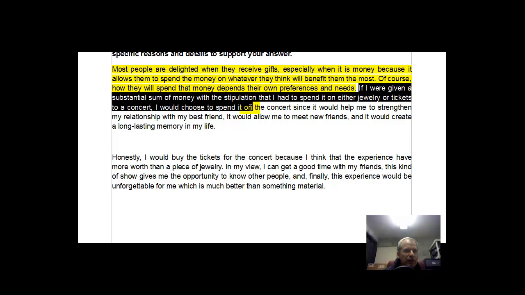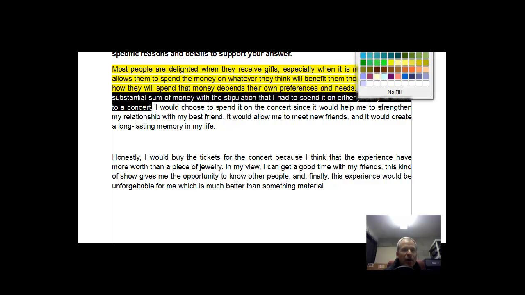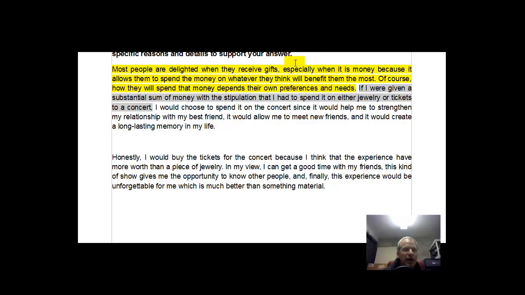So let's see what I've done here. Let me highlight this maybe a different color. So how about, let's say, I'll make it gray. So in this first part of my complex sentence here, I'm restating the actual question. It says, you received a gift of money. The money is either to buy a piece of jewelry or tickets to a concert. So I say, if I were given a substantial sum of money with the stipulation, which means requirement, with the stipulation that I had to spend it on either jewelry or tickets to a concert,